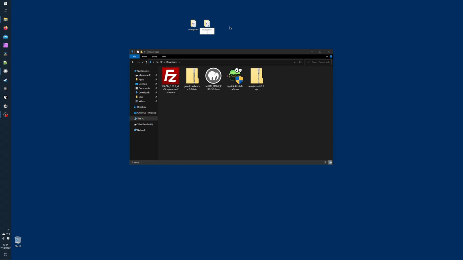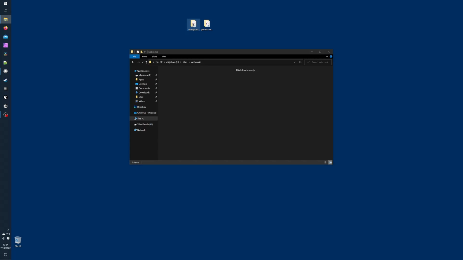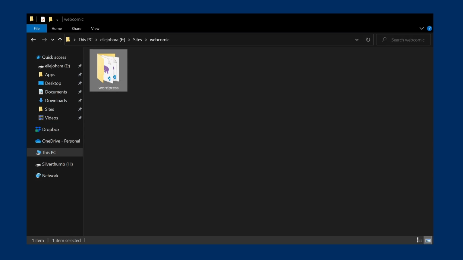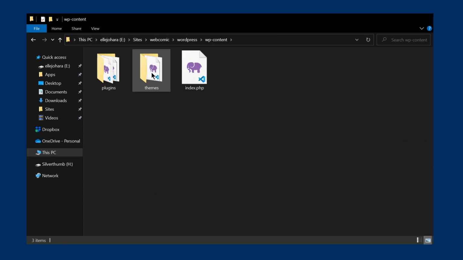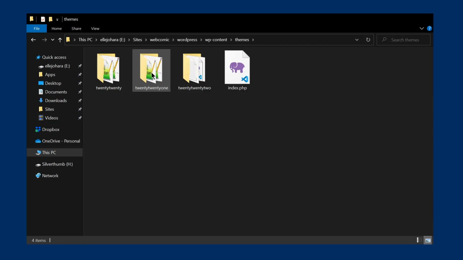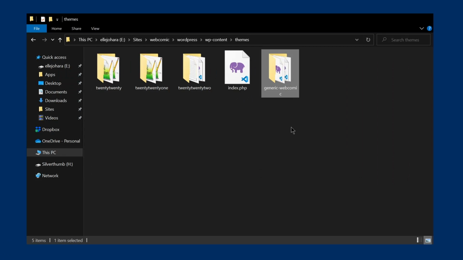It might be an underscore instead of a dash, which is also fine. Now go to your Sites folder and your webcomic folder and drag just the WordPress folder into the window. Now open WordPress, WP Content, Themes, and drag the generic webcomic theme folder into the window. Great.